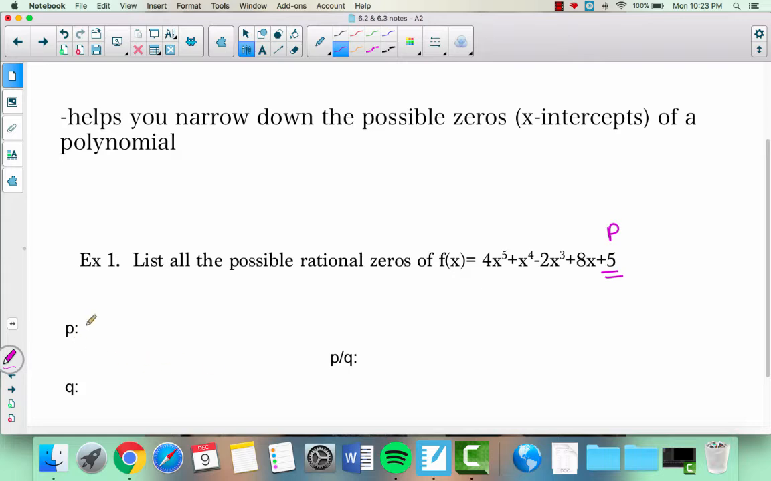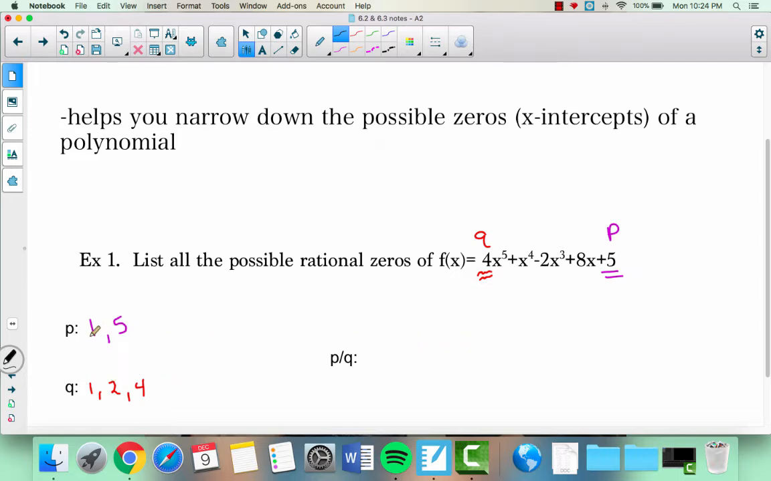So I'm going to list all of my factors of 5. That's going to be 1 and 5. And then the q value is all your factors of your leading coefficient, and that's going to be 4. So all my factors of 4 would be 1, 2, and 4. So once you have these listed, all you're going to do is write them in fraction form, and it's always p over q. So I'm going to take each p value and divide them by the numbers I have listed